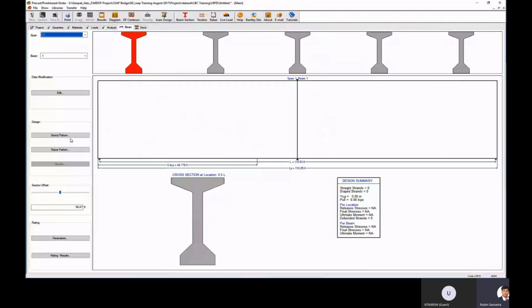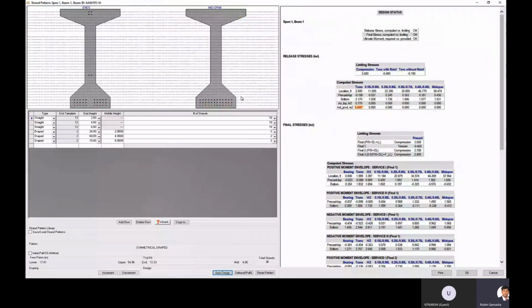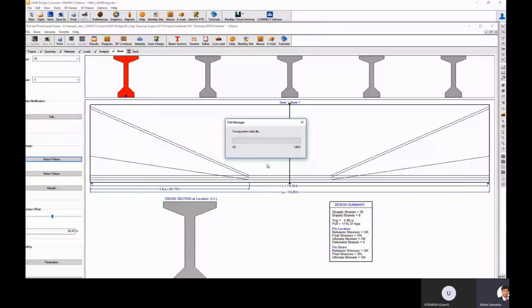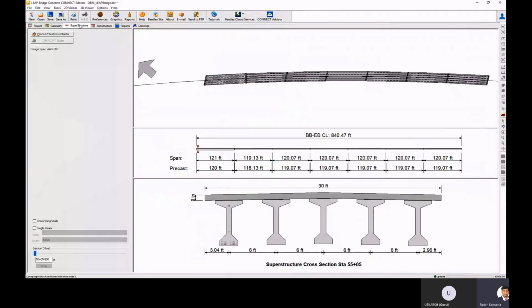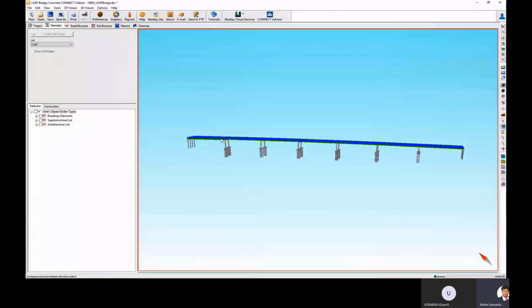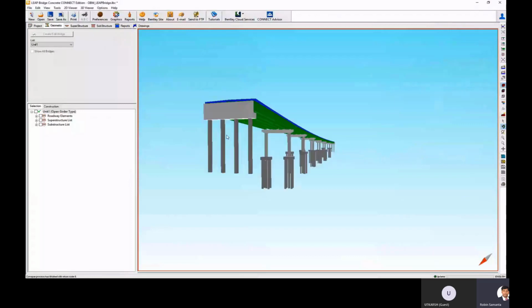And now what we'll do with the same girder, which is the much bigger girder, is transfer this information to our 3D model. So now in geometry, you can actually see that span one has a bigger girder, right?